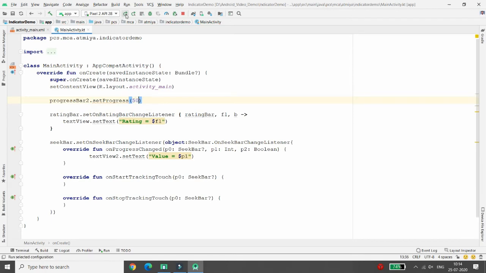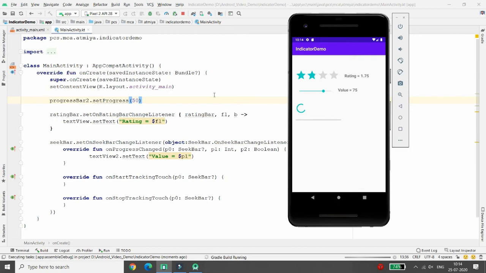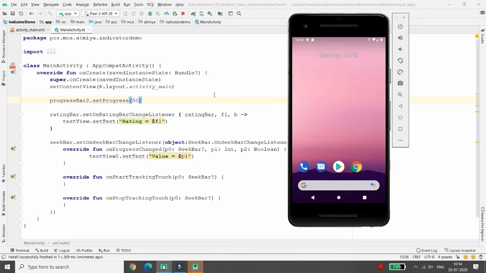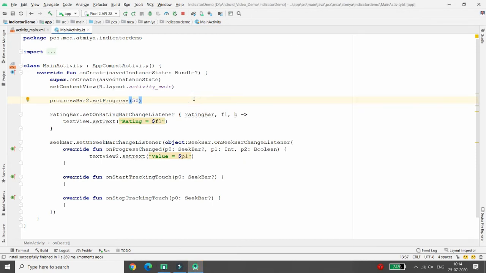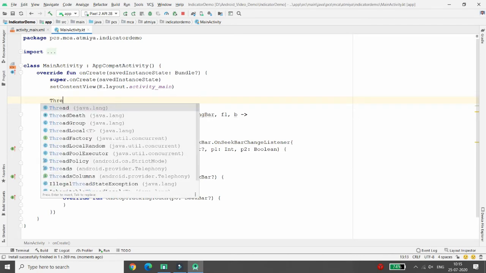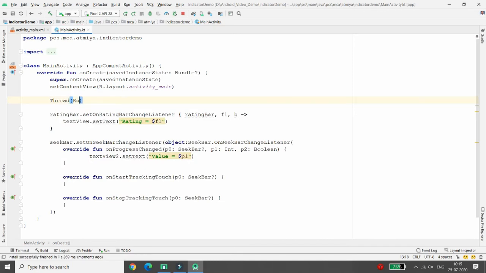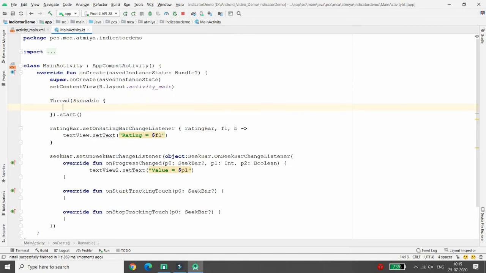And now you can just execute your application and you can see what happened. This is progress bar number 2 and the progress is 50. Here you can see that this is a static, fixed progress, it will not increase or decrease. But if you want to increase this progress bar slowly, then you need to use a thread and runnable, right? So instead of making this progress static, I'm just taking here one thread. So here you can call the thread with runnable, and here you can just call the start. So your thread will be started.